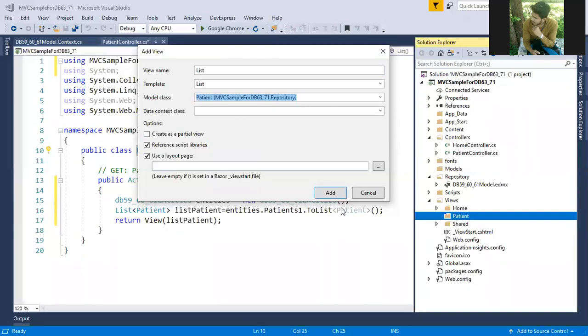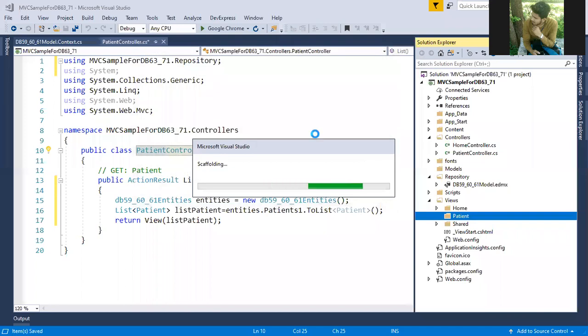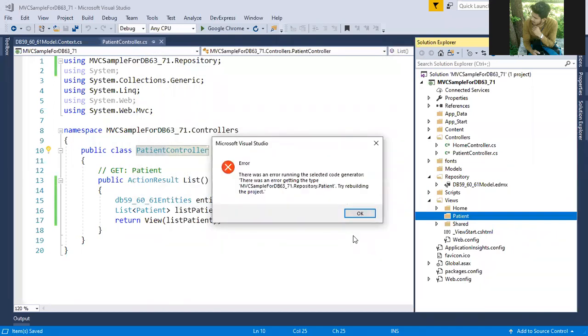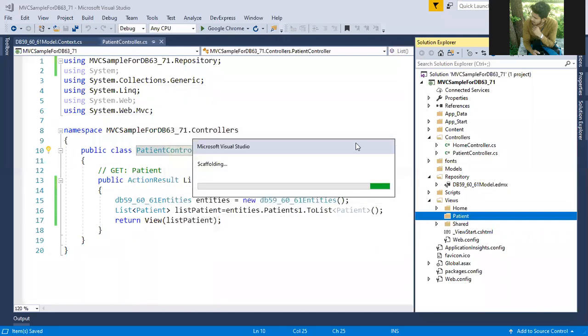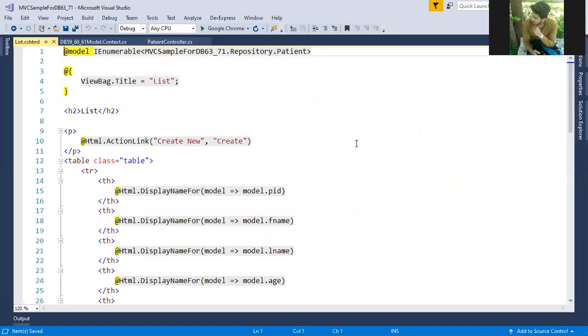Okay, and then you click on data context is required. Context is required, so you can use this context also, but anyhow not really required, I feel. Okay, so click on add. Fine, not an issue. I just remove this, then I click on OK.